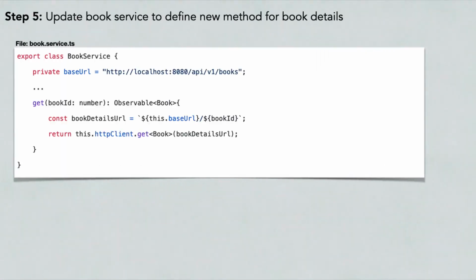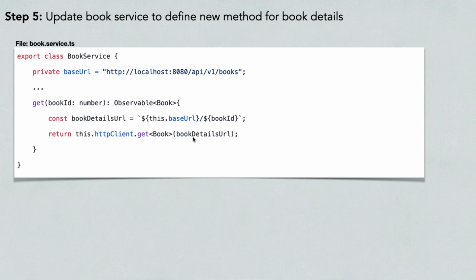So step 5 is to update the book service to define a new method for book details. Within the book.service.ts file, we're going to define a new method, and to this method we're going to pass the book ID, and this method will return an observable of book. And within this method we're going to construct a REST URL. We're going to make use of the base URL, and to this base URL we're going to append the book ID. And finally we're going to make use of the HTTP client to make an HTTP GET request to the REST URL,